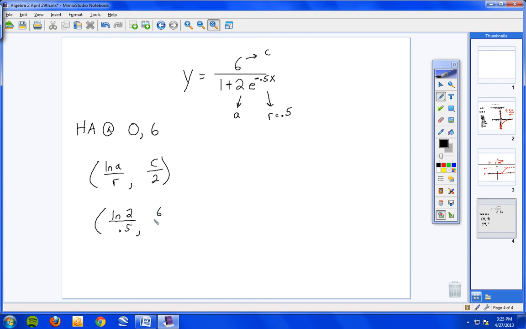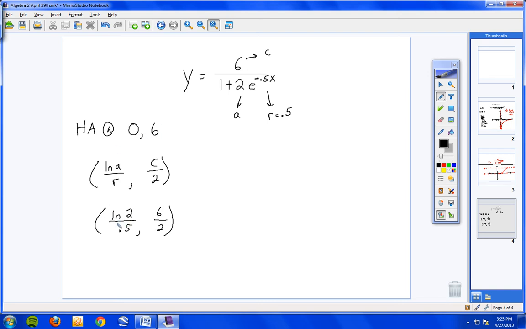So 6 over 2. Now you should know by now with your calculator how to take the natural log of 2. If you need some help with that, it's the left side of your calculator, third button from the bottom. Go ahead and type in natural log of 2. And when you do that, let me get my screen cleared here. When you do that, you'll get